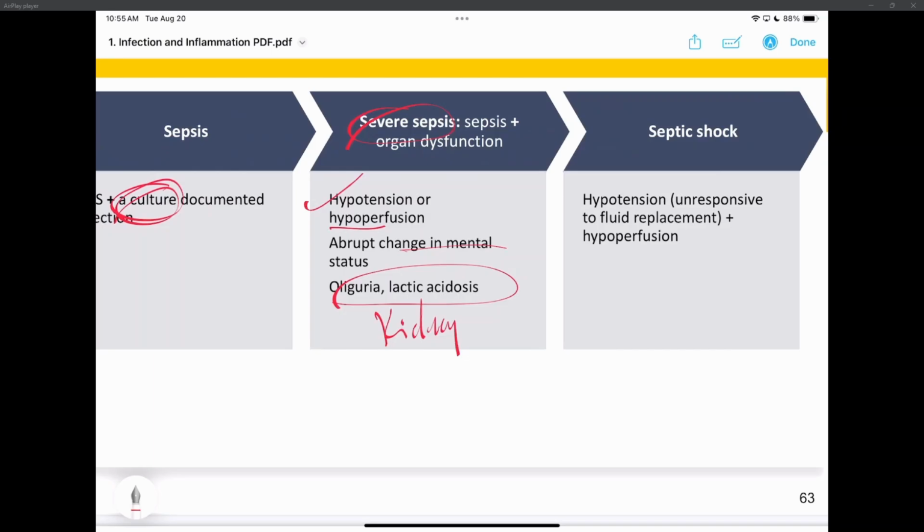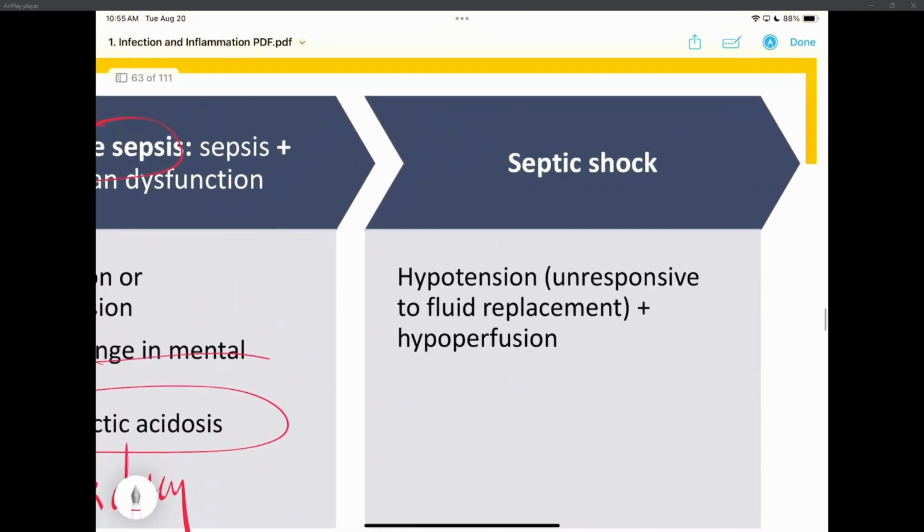Then finally, the last little bit is what's called septic shock. This is hypotension unresponsive to fluids. You're giving them fluids like mad. That's why I said in the beginning, they come in, they're septic, they have signs of infection, just give them fluids. If they're sick and they have congestive heart failure, don't care. Fluids, fluids, fluids. You can always diurese them later and get the fluid off. But they need fluids. If they're not responding to the fluids, now they're in septic shock.